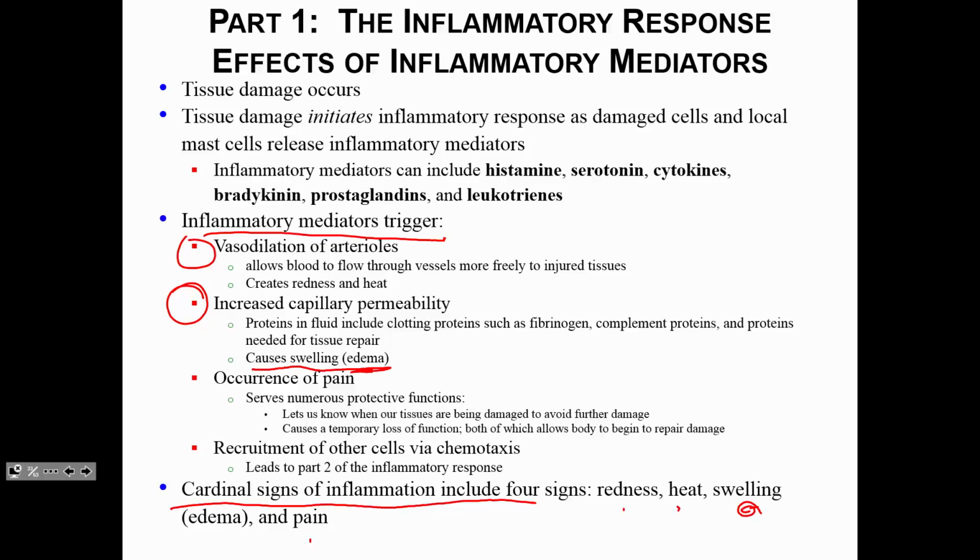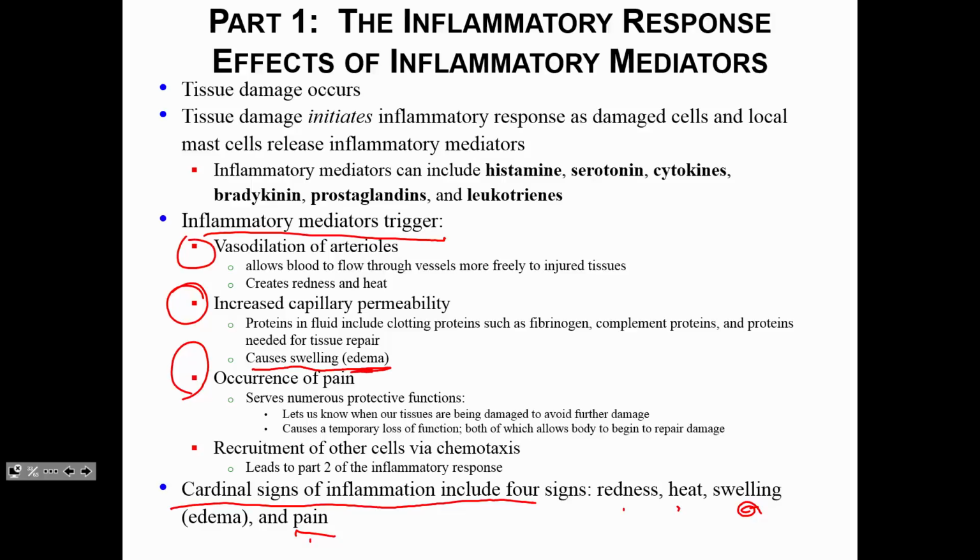All right, and then pain. All right, and that's the next sign of inflammation. Pain is not fun, but it is a protective function. Lets us know, okay, there's a problem. We need to avoid any further damage. It also causes a temporary loss of function, which means that your body needs to rest that body part so that the healing can start. All right, so that's basically what pain is for, so that we don't use that so that the body can